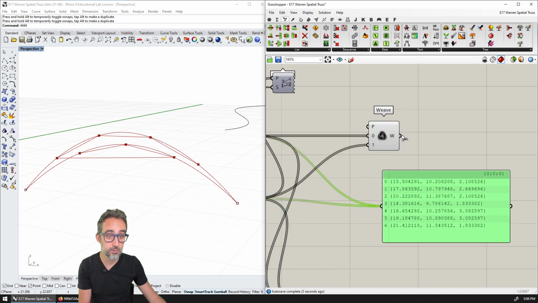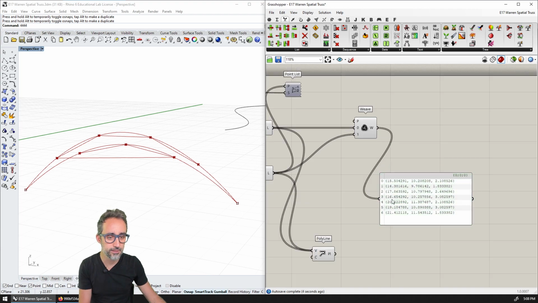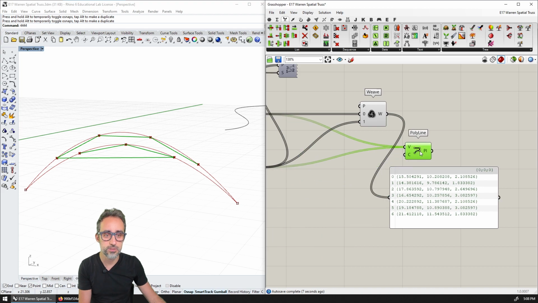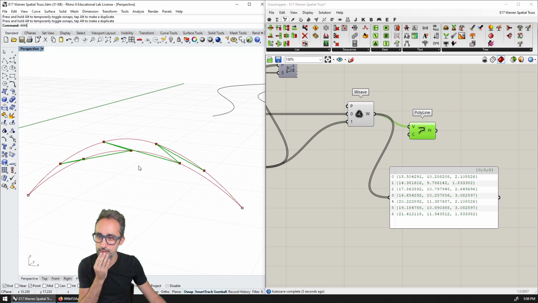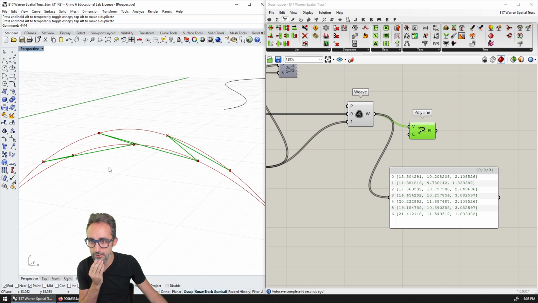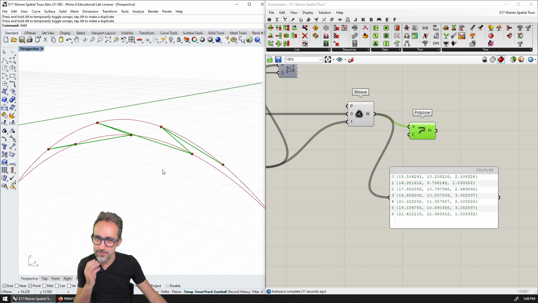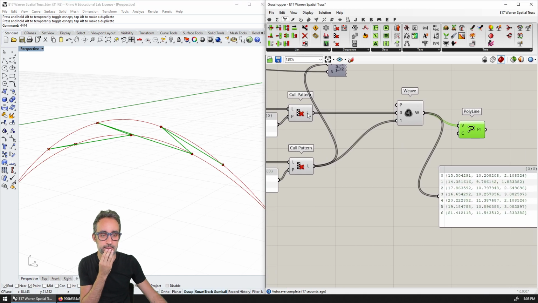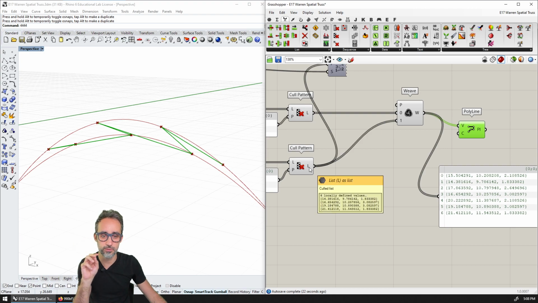And if I look at those now, you can see that the order of the points is a little different, but they are all combined under the same list. So I can now plug this list into the polyline, and you can see that something is happening. So I do have some kind of triangulation. It's not the ideal one. And I think what's happening is that input 0 is the one that has 3 points, so the ones on the bottom, and input 1 is the one that are on the top.